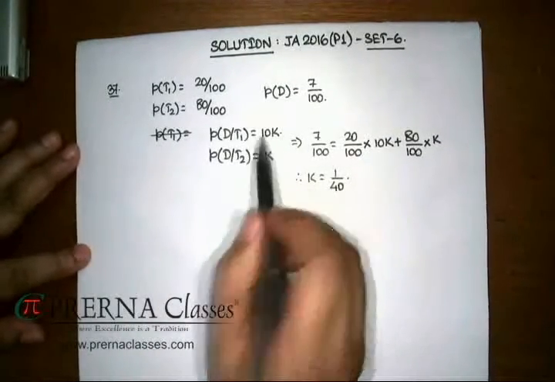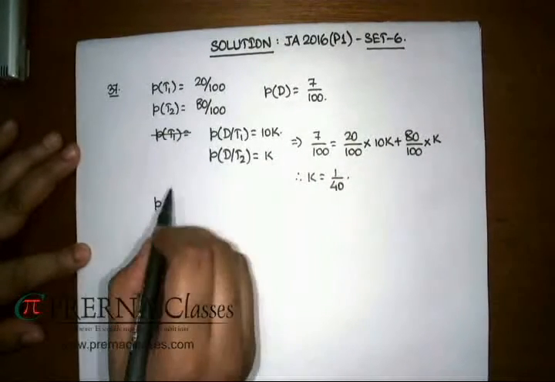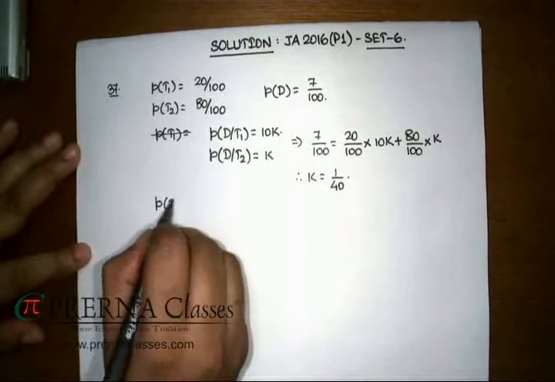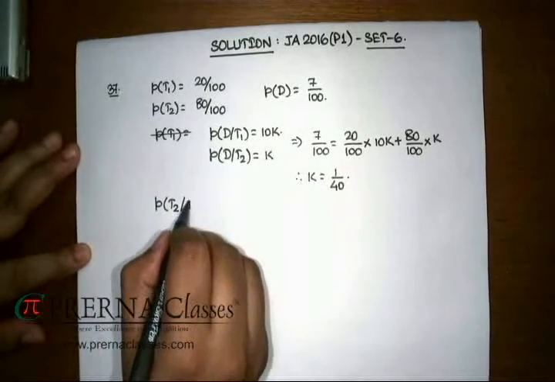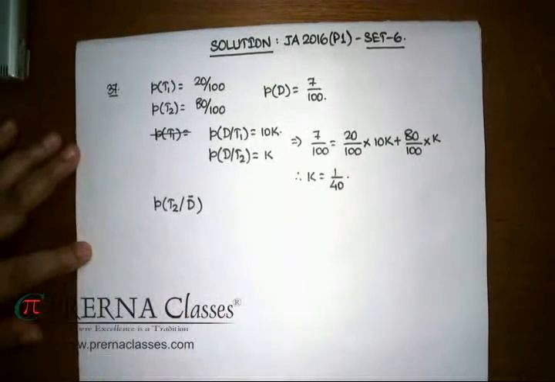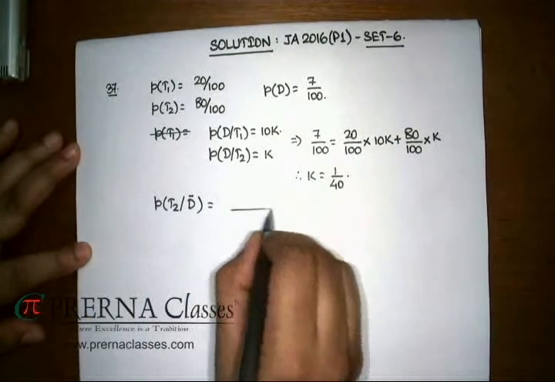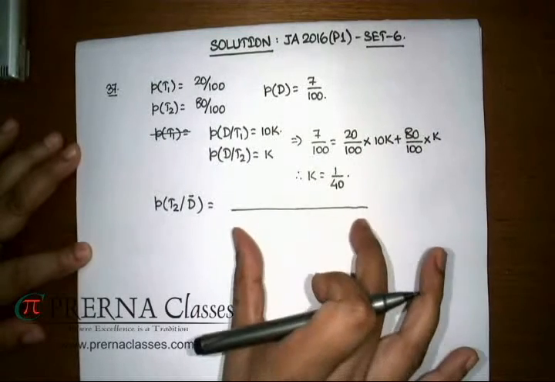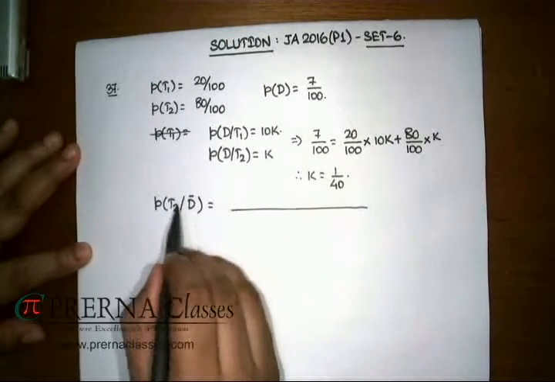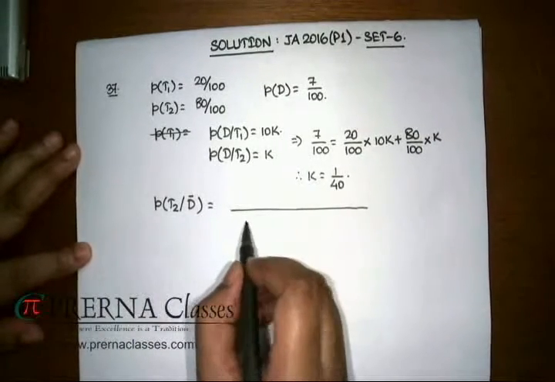Now something is required which is related with Bayes' theorem, that the given computer is not a defective one. What is the probability that that particular object came from the plant T2? Clearly in this case we place the probability of this thing, that is of D bar, that the computer is not defective. In such a case, the denominator is then going to be